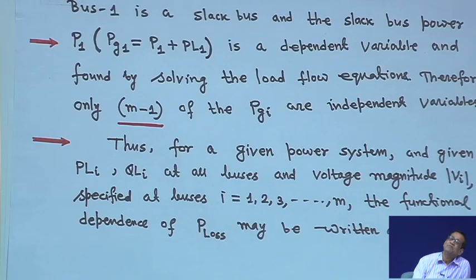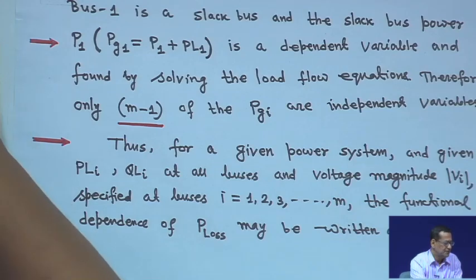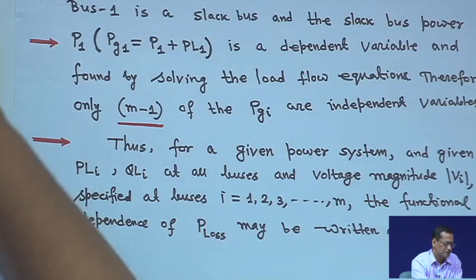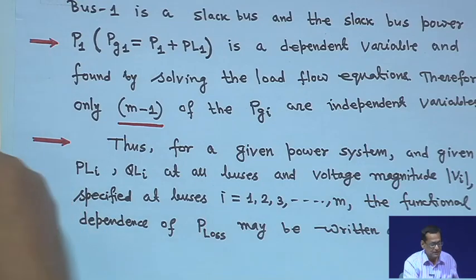That means, if you assume you have a total of 1 to m buses, and bus 1 is a slack bus, then loss is a function of Pg2, Pg3 up to Pgm. That means we can write that loss is a function of